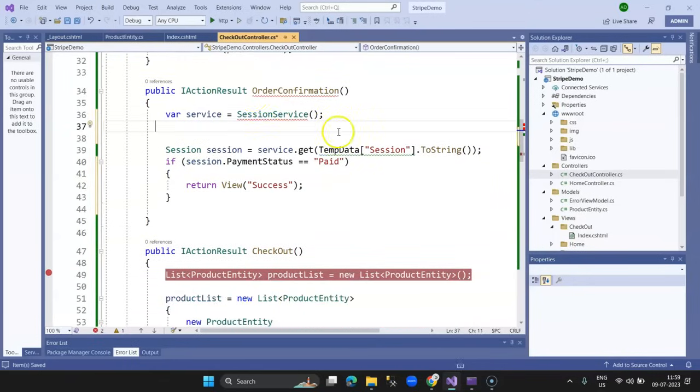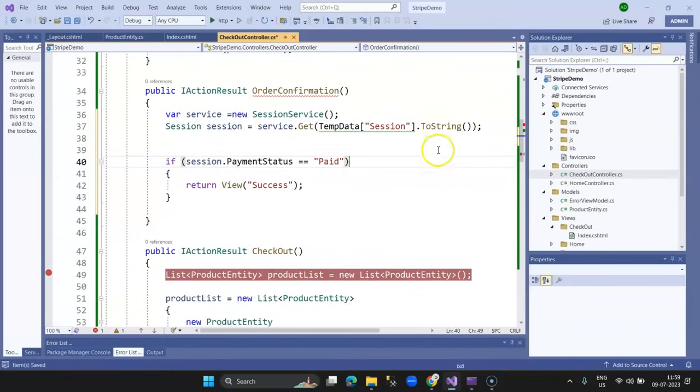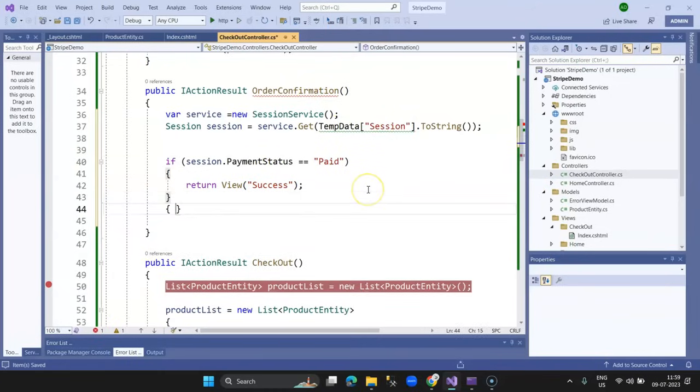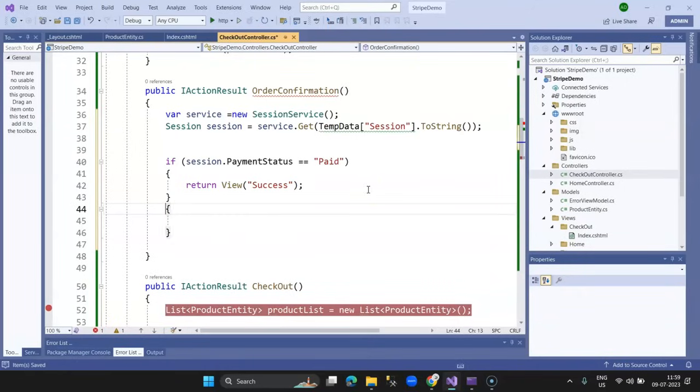Correct? So this is the code for order confirmation. Where service, sorry, it's new SessionService, and then we say Get, and this will actually fetch the session that we passed during the redirection. And finally, if it is paid, it is paid, otherwise we return to